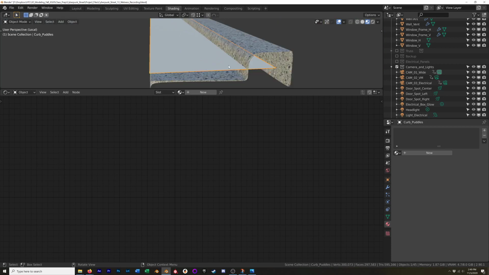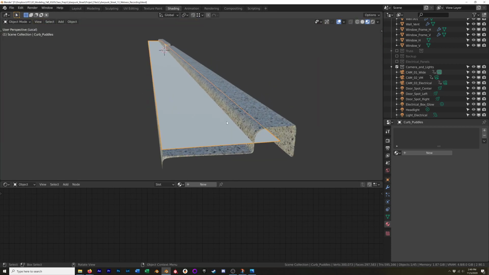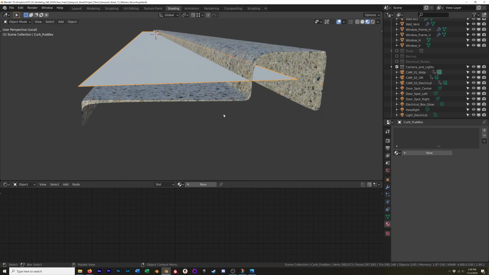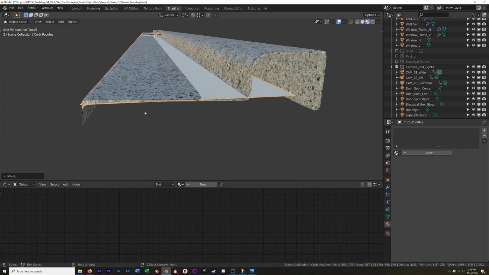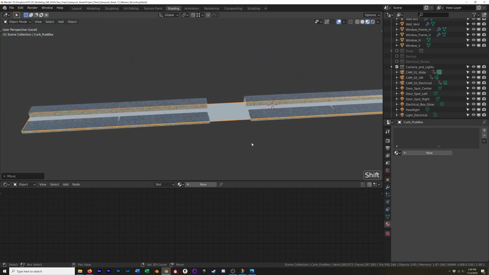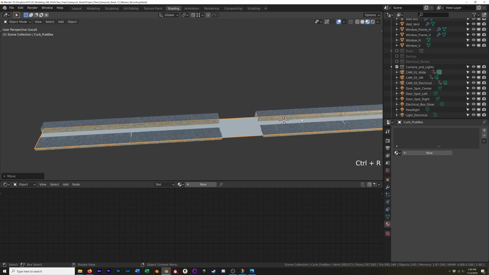Whoops. Let me make this a little bit larger so we can see a little clearer. Okay. So GZ, I'm going to hold down Shift. And if we get it to the right spot, we can see we get just a little bit of water running all the way through. Looks great, except we also have this area where we've got the storm drain. We don't want water there, so let me add in